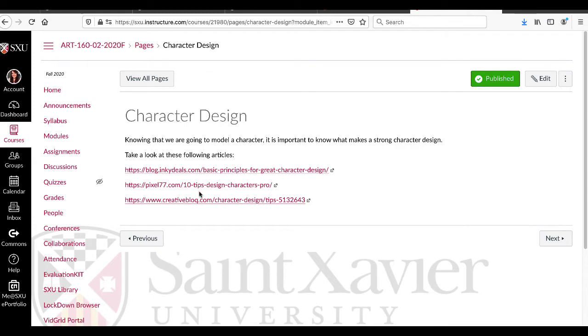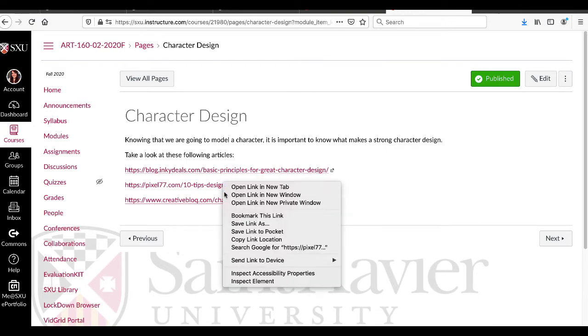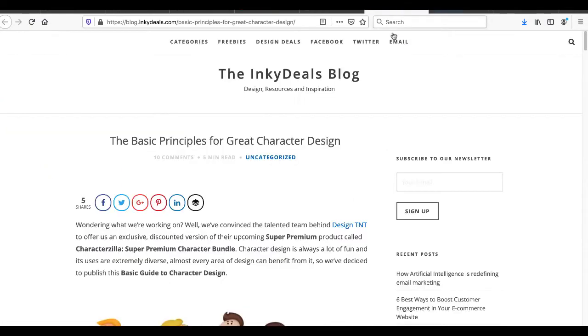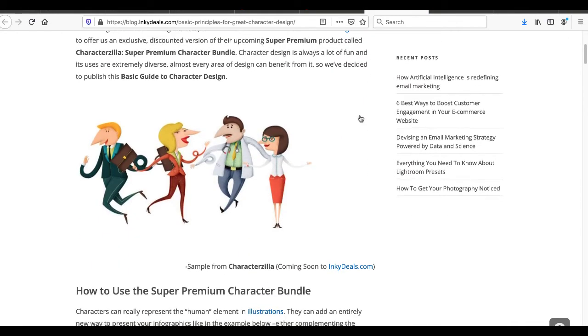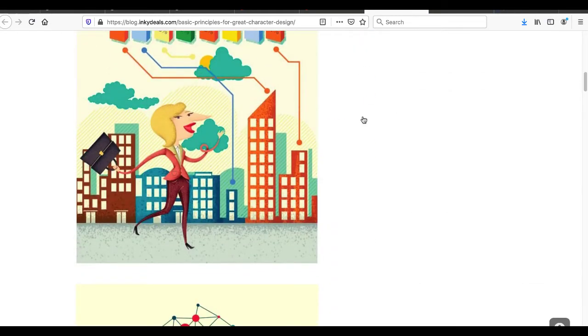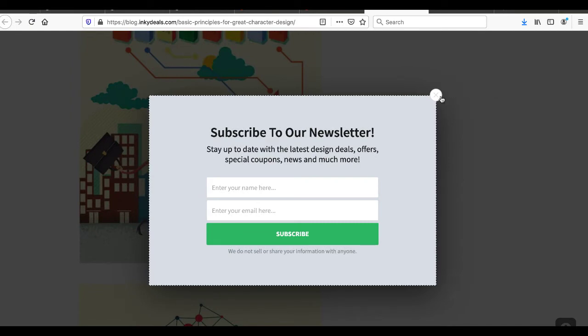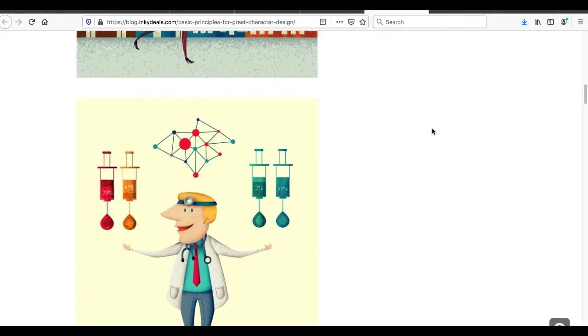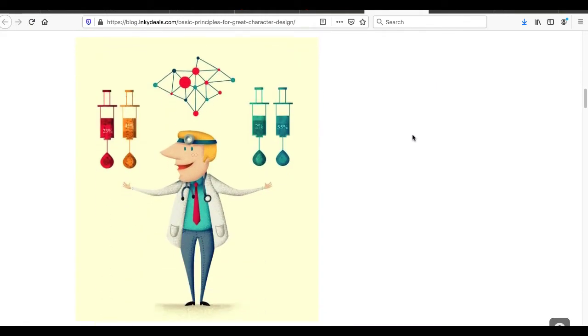Now, these are some articles that talk about strong character design because you're going to have to draw your characters first. Just pop these open real quick. Basic principles for character design. So character and story are best friends, right? And our characters need to have purpose in the story, and they need to have reasons for why they function